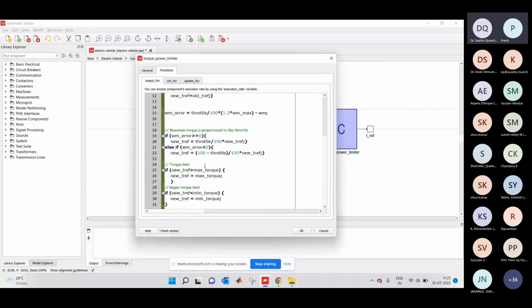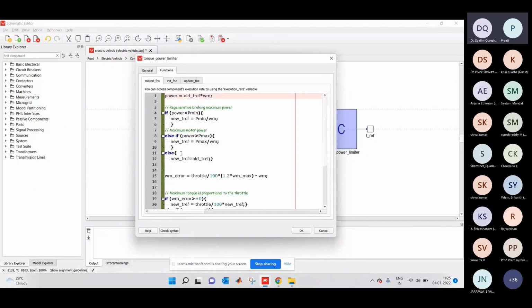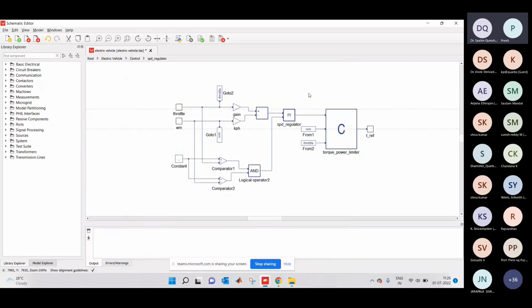And this is basically a small program which calculates by taking all the parameters we have defined in the input and output and in the parameters and variables form. So the theory I just told you before is implemented in this: if the power is less than p minimum, then what happens, and then what is the next condition. I'm not going into much detail about the programming. So now let's get back to this